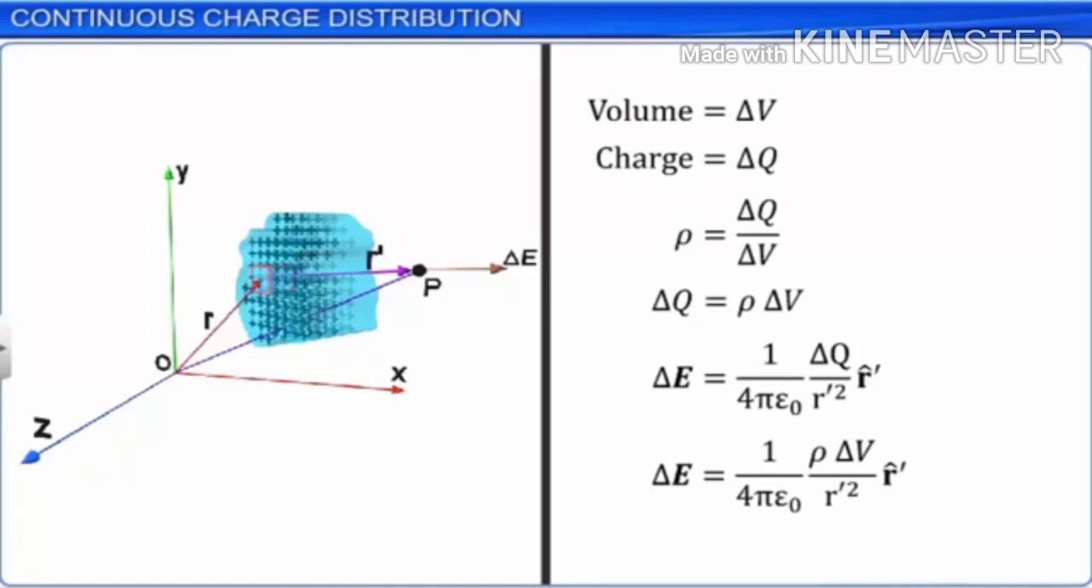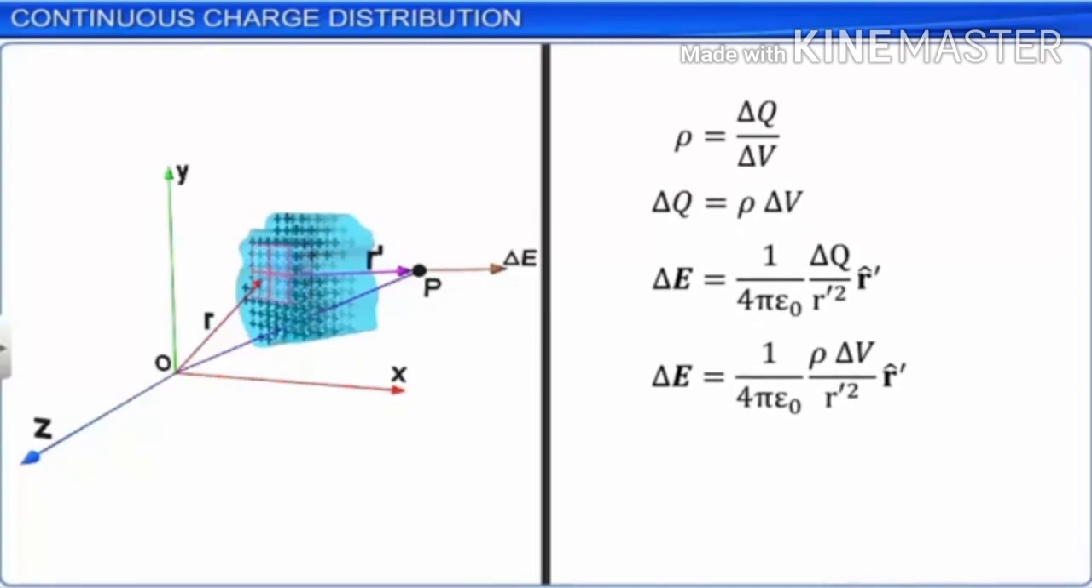Now, the electric field strength E at P due to the total volume charge distribution is equal to the vectorial sum of the electric field strengths due to all individual volume elements. However,